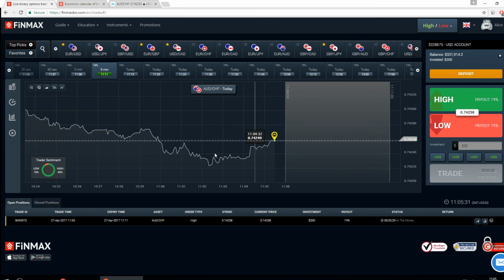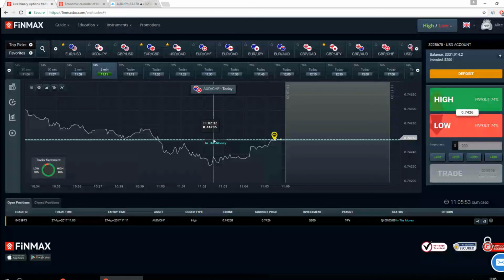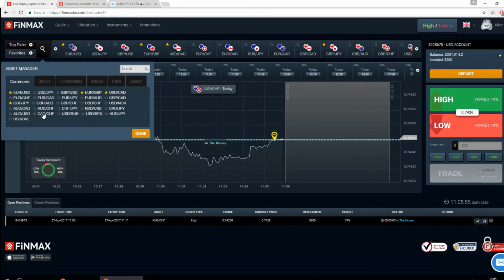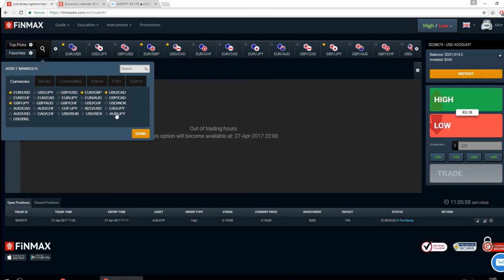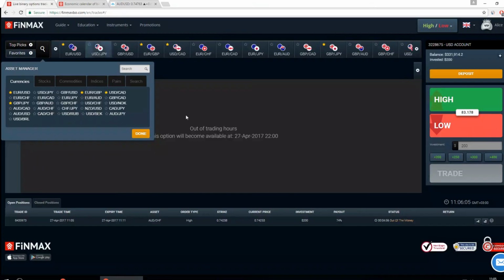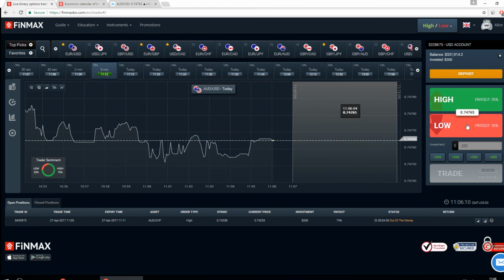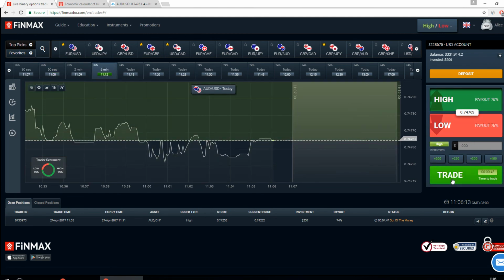As always when I'm trading, I write down the assets that I'm using in order not to forget. 5 minutes up. Okay, and meanwhile let's look for something other. Also here, an interesting situation, basically the same, but it's closed. This asset is closed currently. Australian to American dollar, also interesting. Also, let's enter for 5 minutes. Australian dollar to American one.